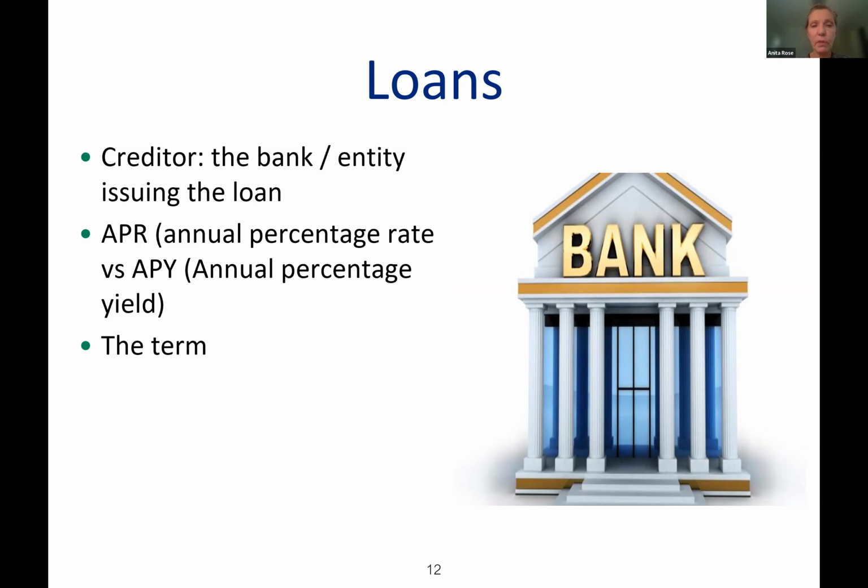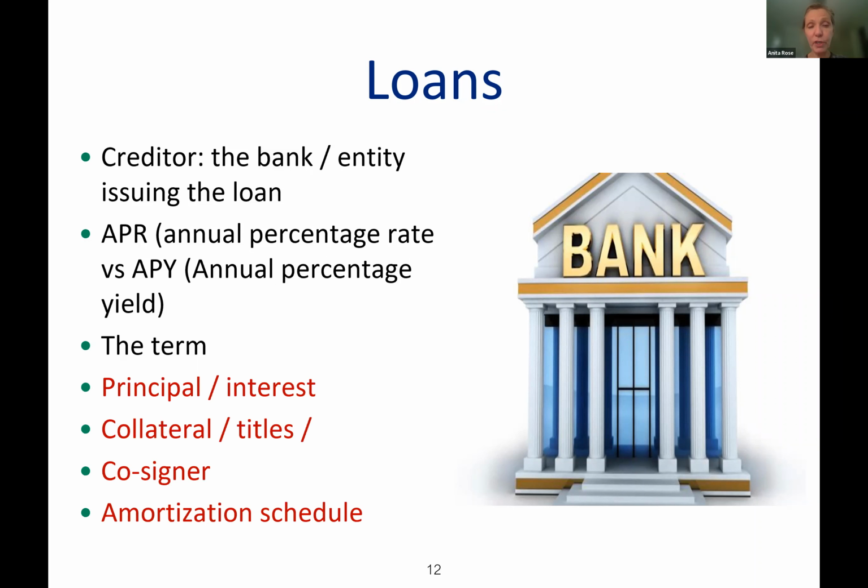Now, the annual percentage yield is not as it relates to a bank loan, it relates to investment. You want to know, well, how much is my yield? How much do I earn rather than how much do I have to pay? And then we have the term. What is the term? Is it a 5-year bank loan, maybe similar to a car loan? Or is it a mortgage where I'm paying a 15, 20, 25, or 30-year mortgage?